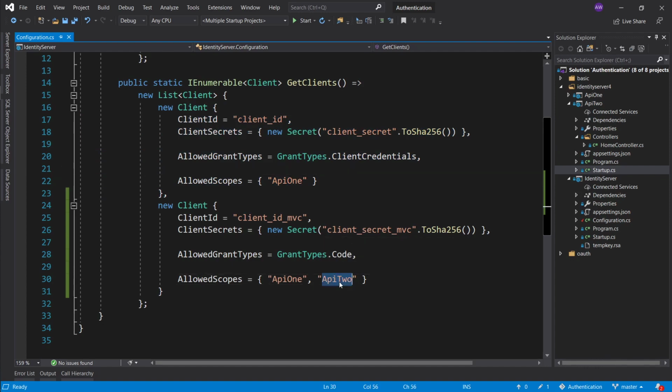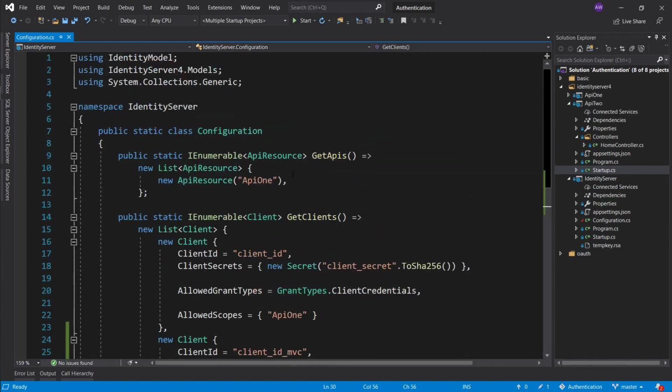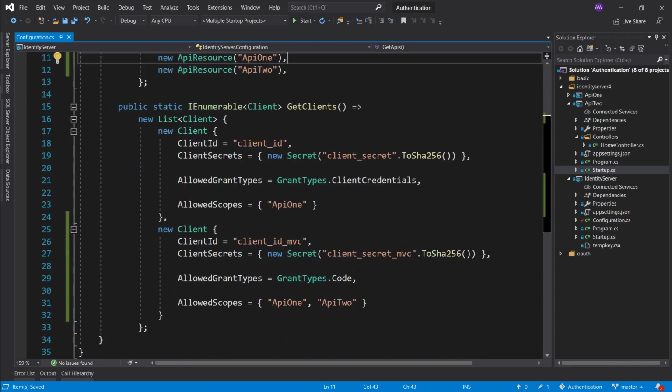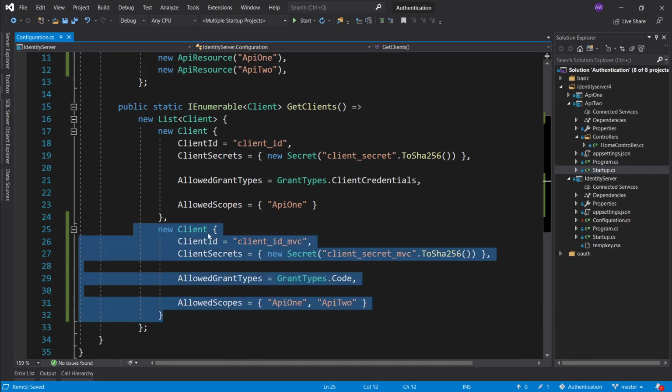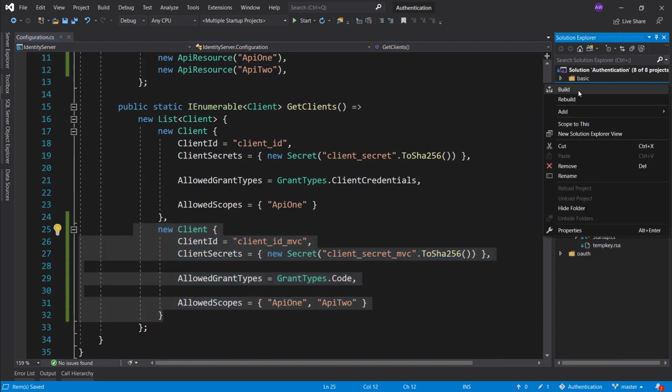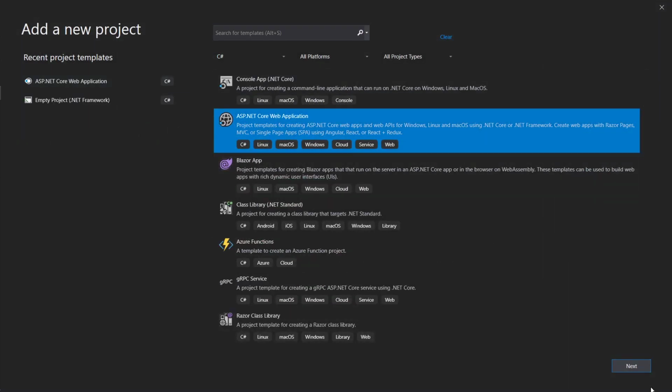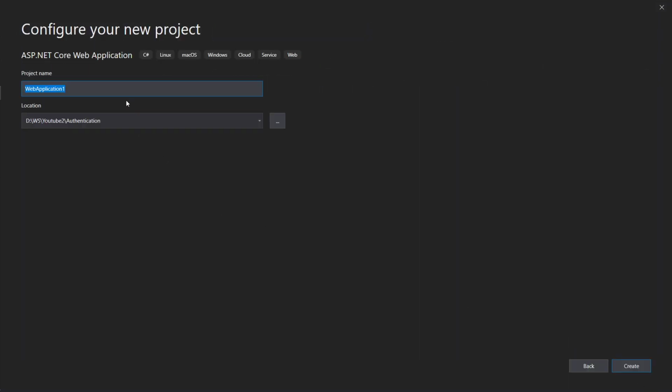Okay, but now that we have registered it, we actually need to tell IdentityServer that this is one of the registered APIs, right? So we need to add another API resource in here. Once that's done, we then have to create this client, right? So it will be its own separate project. Okay, let's go into just a .NET Core application, and let's say MVC client, and we're going to do the bare bones setup as usual